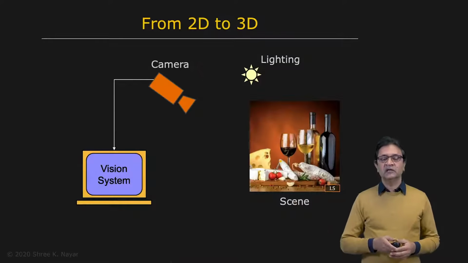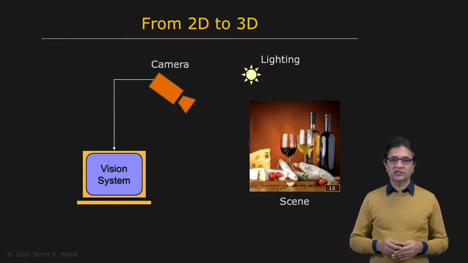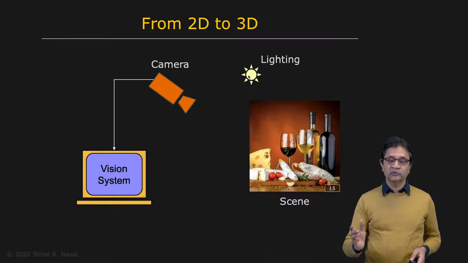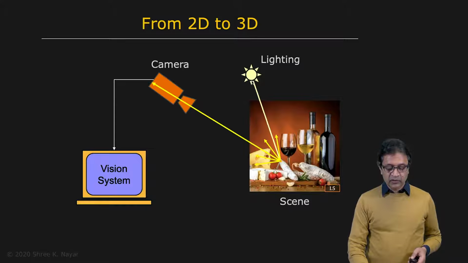So first, let's take a look at the problem of image intensity understanding. Here is our typical vision system. We have a three-dimensional scene, and we have some form of lighting. I'm showing here a simple point light source, but you can have multiple point light sources, or you can even have what are called area sources or extended sources in the scene. So the light from all of these sources falls in the scene, and let's take a look at a single point in the scene, which is this one right here.